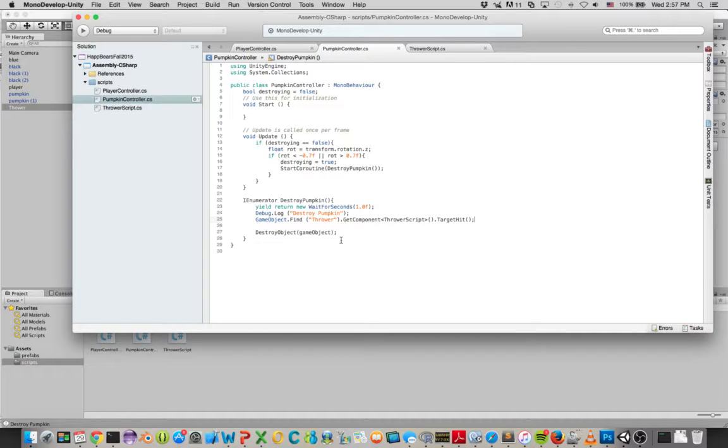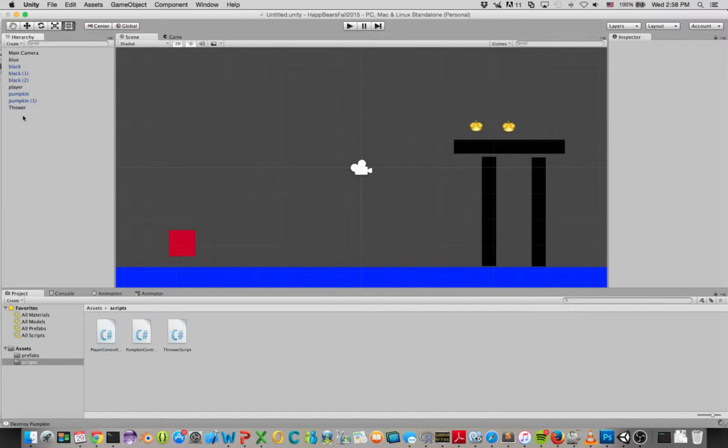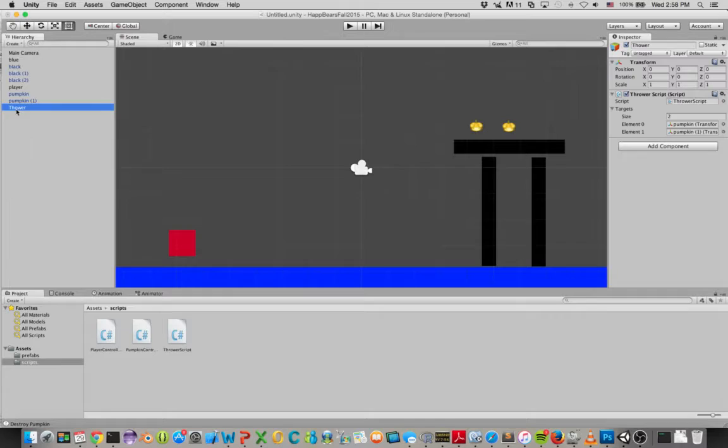There's other ways to do it, like we could create a variable up here that is of type thrower script and then assign it through the GUI, or we can just find it in code. And so this makes a couple of assumptions. It assumes that there will be an object in your scene called thrower, which in this case there isn't, so